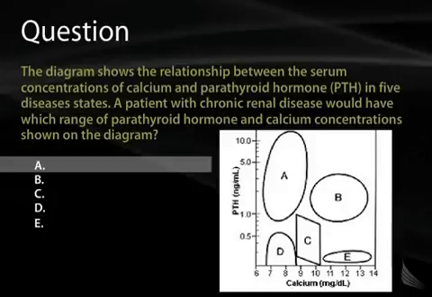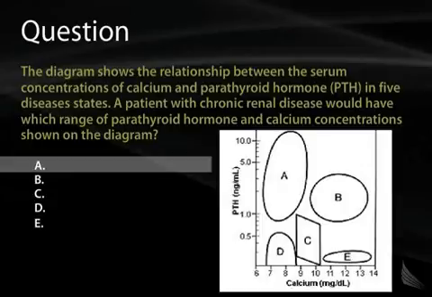And in chronic renal disease, you have hypocalcemia as a primary feature of the disease itself, which then secondarily releases PTH from the parathyroid glands. So the parathyroid glands are responding to the low calcium by increasing PTH levels. That's classic secondary hyperparathyroidism. Option C is depicting what the normal ranges of calcium and PTH are, whereas B shows